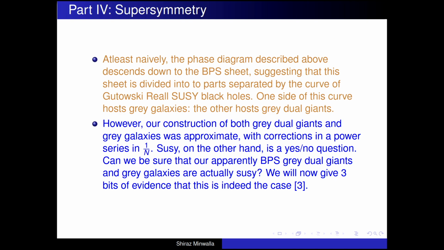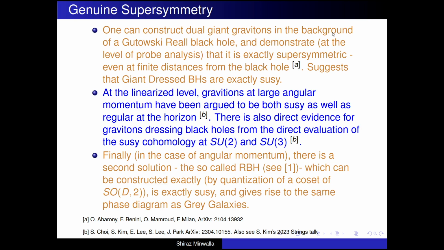In the last 2 minutes, I'm going to tell you about supersymmetry. Yeah, 1 minute. Last 1 minute. Okay, excellent. As I've mentioned above, the phase diagram I constructed has this nice feature that it goes all the way down to supersymmetry. But now you might wonder, is that approximately true at large N? Or is it an exact thing? Supersymmetry is a yes-no question. It's violated by e to the power, whatever, 1 over N squared; it's not supersymmetric. Right? Okay. Naively, our phase diagram descends down to supersymmetry.